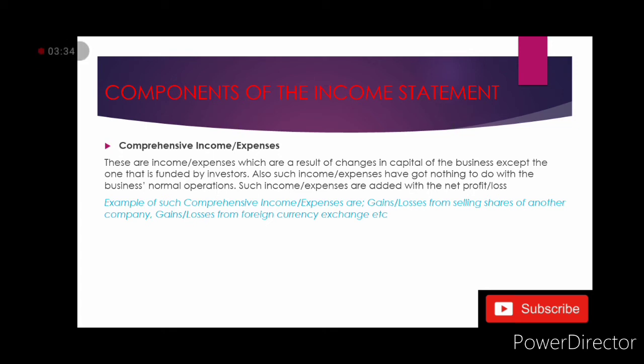That will be the final figure in the statement of profit or loss, with that extension, other comprehensive income. So now you know why it's called the statement of profit or loss and other comprehensive income, because this is an extra. So that's that. Now, let's check out an example of such statements.